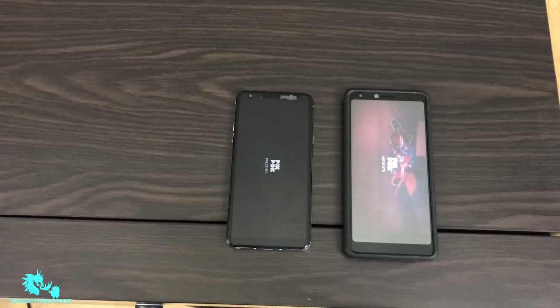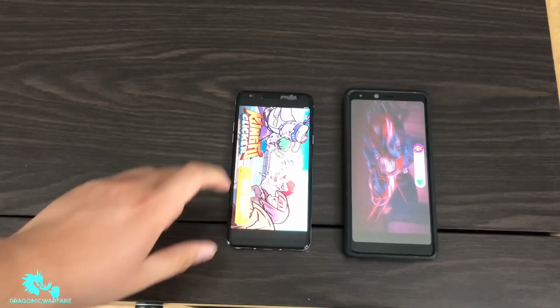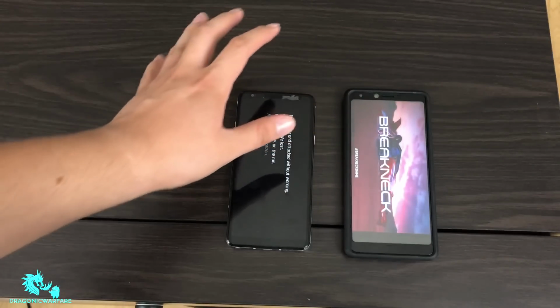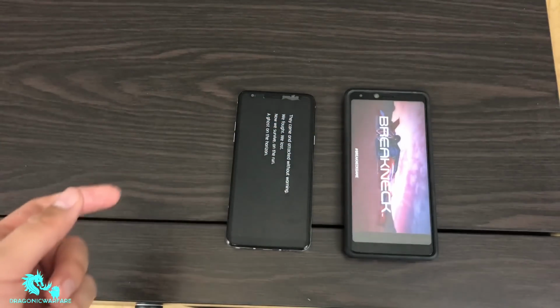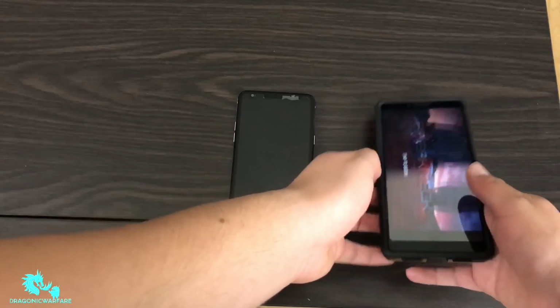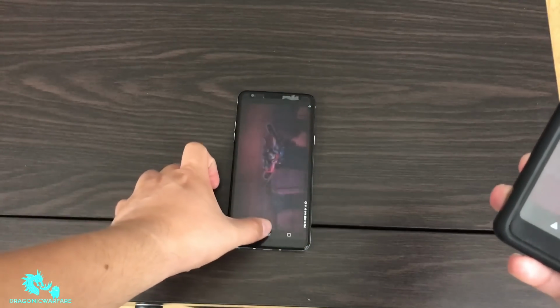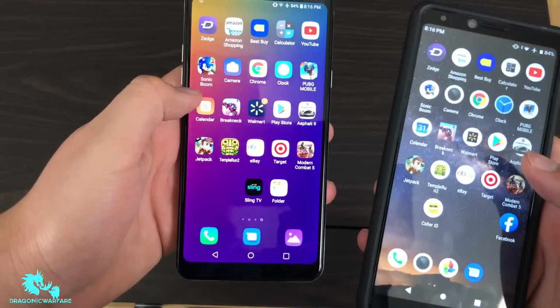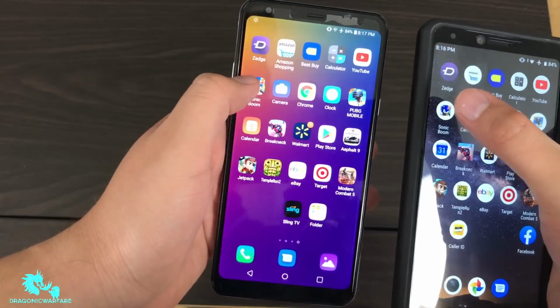Ooh, that one. Oh, wait a minute. Now, of course, you're getting mad. Got mad there too. So it might actually be the Stylo 5. I don't know. I don't like this comparison just because there's ads on this game. So definitely I wouldn't say that one was super fair, but let's go ahead and do Sonic